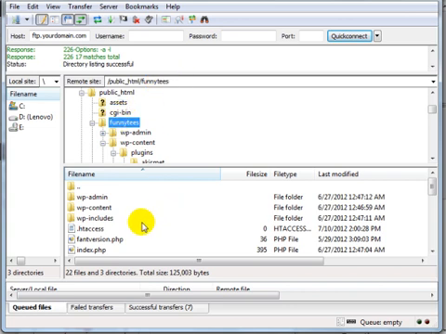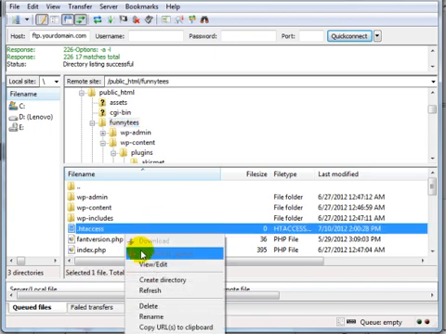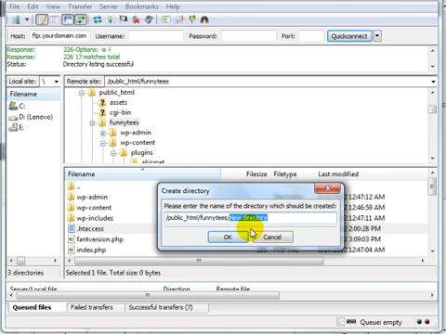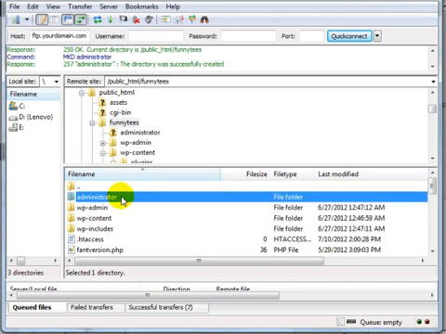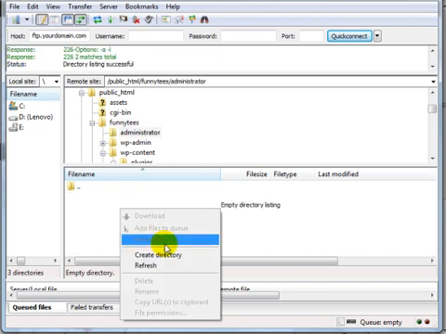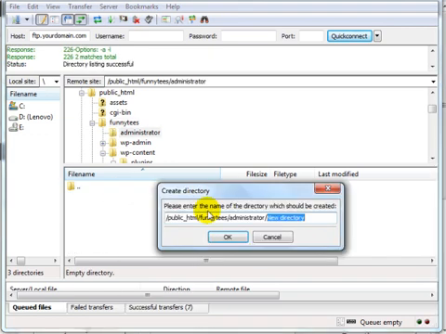So what I need to do is create a new folder here. So I'm going to right click, click Create Directory, and then enter the directory name. So I'm going to put Administrator,